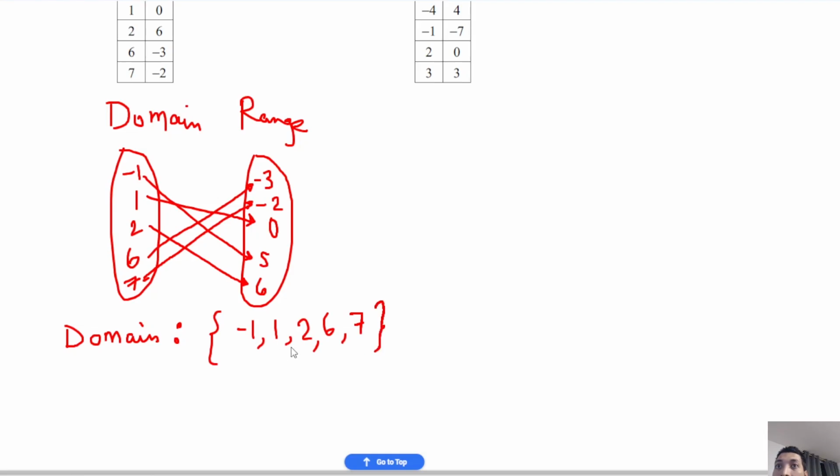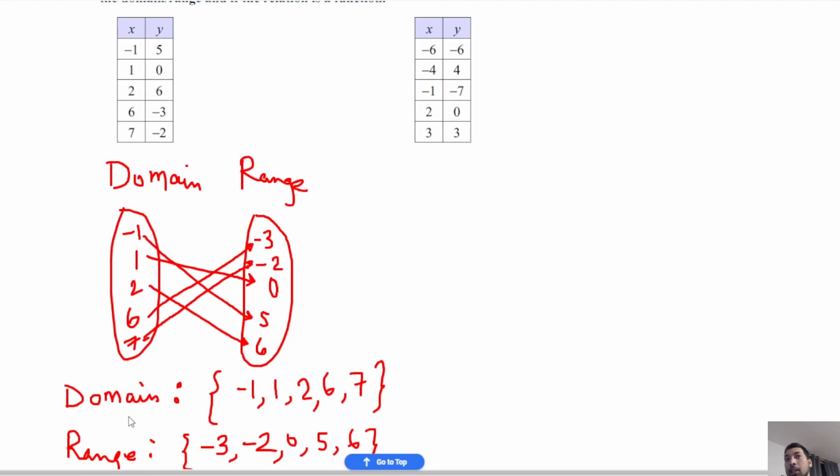So we just have 5 different values. And for the range, we also have 5 different values. We have -3, -2, 0, 5, and 6. Here the domain is given in discrete form because it only consists of certain numbers in the